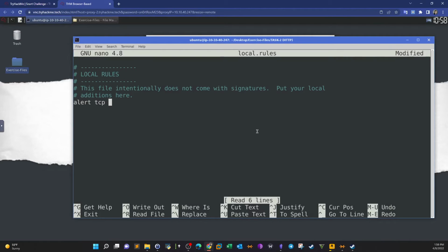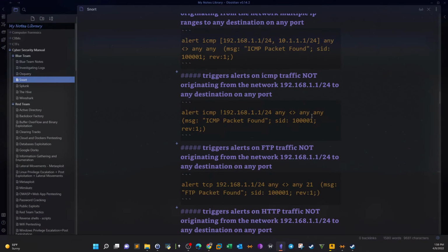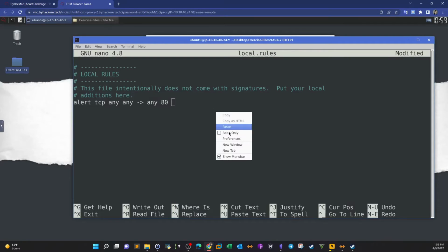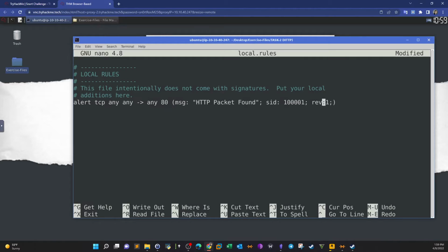So outbound could be any, and then destination will be any, port 80. And here I'm going to borrow some lines to write out the other fields. So let's take this one, and here change, yeah, this one, HTTP packet found. This one is fine. Okay, now alert